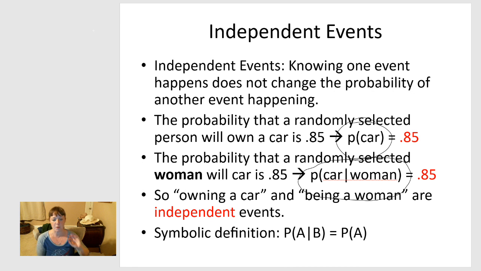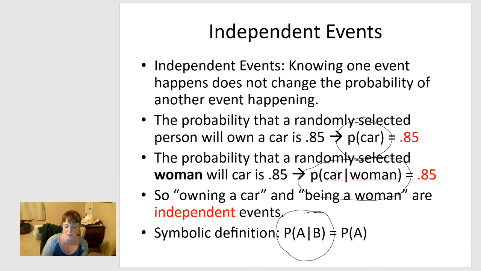And if the proportion of women who own cars is exactly the same as just the general proportion of people who own cars, then you say owning a car and being a woman are totally independent. If I tell you this person is a woman, it doesn't change the probability of car ownership, because the exact same number of women own cars as people in general. These are independent events. Owning a car and being a woman, totally independent. Knowing the person's a woman does not increase or decrease the probability of owning a car because in formal symbology,